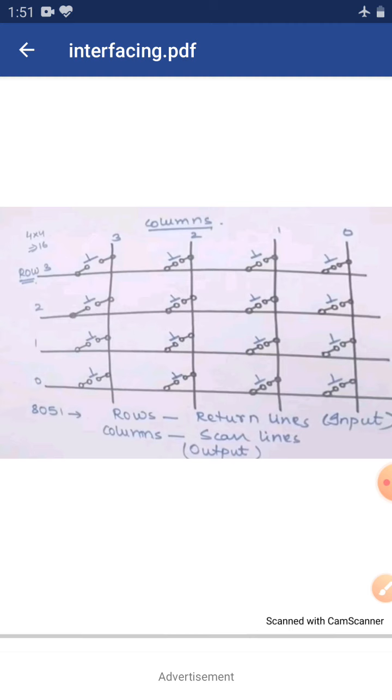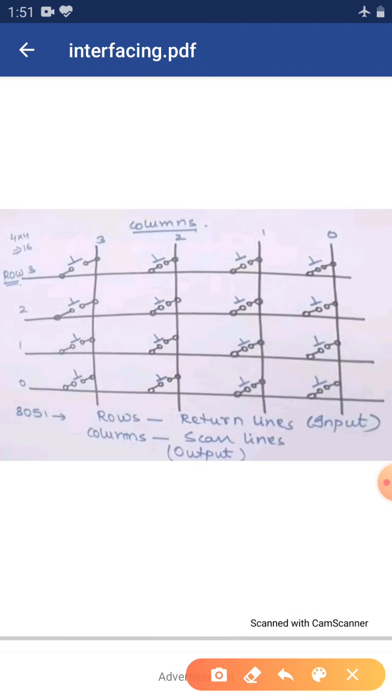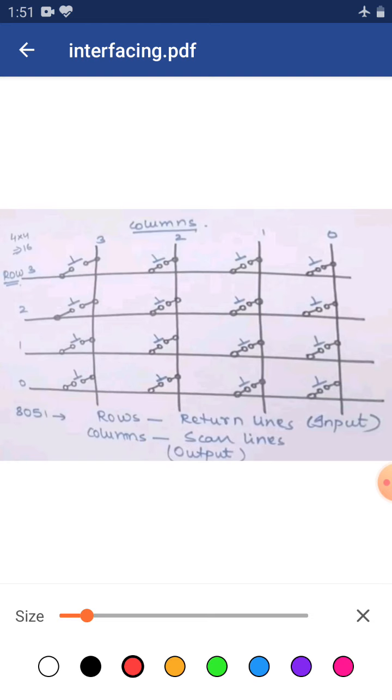Now, with these rows and columns, let me take some color so that you can easily understand. Here you can see these are rows 1, 2, 3, 4 and here columns 1, 2, 3, 4. So with these rows and columns you can define the matrix.